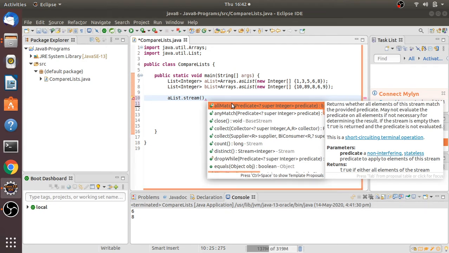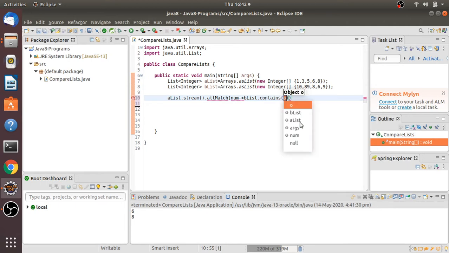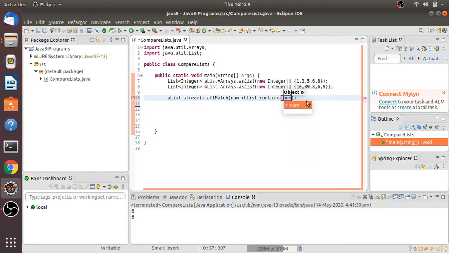So let me take allMatch, then I will take one number and compare with B list, B list dot contains this number, that's it. Let me print this, guys.